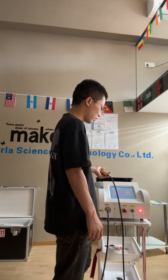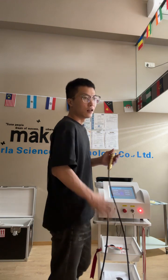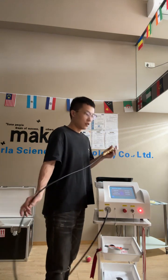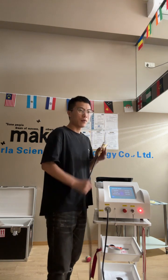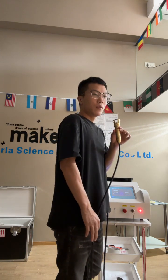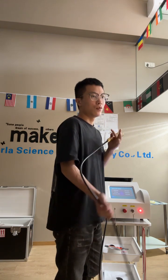Here, this is the memory function. You can see 1 to 30 numbers here. You can choose one number. For example, let's choose number 6 and then enter. And here you can see